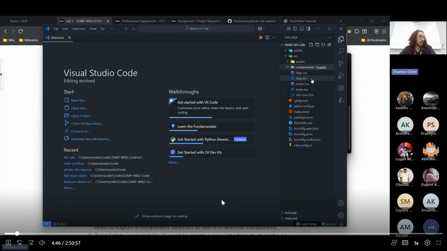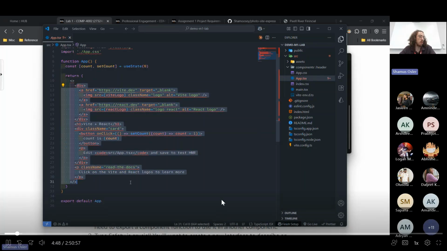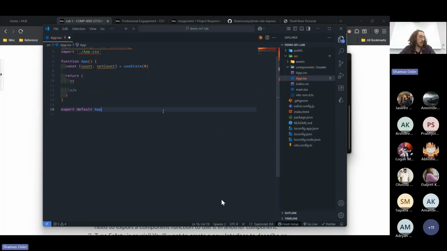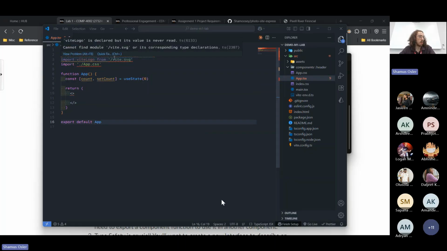And you'll notice that the App.tsx is going to have a bunch of boilerplate code in it. This is all built-in Vite stuff. You can just get rid of all this. This is all just stuff that's here as a default when you create a Vite app. And you'll also see I'm getting all these red lines. So in my console, when I